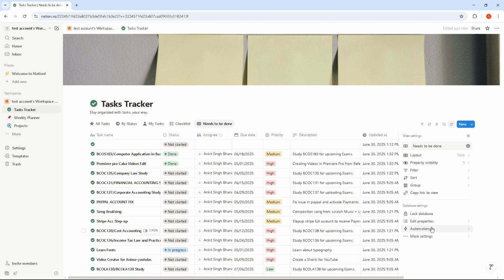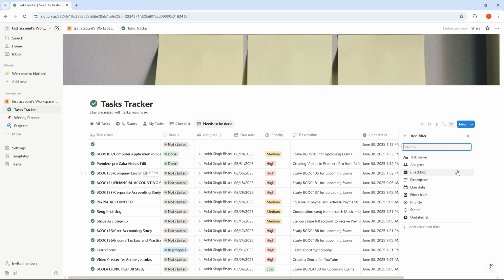Next, let's refine this view to make it work for your specific needs by using filters. Click on Filter, and then choose the checkbox option. Click on the highlighted area to bring up filtering choices. Select Unchecked. This setting will ensure you're only looking at tasks that still need attention, removing those that have been